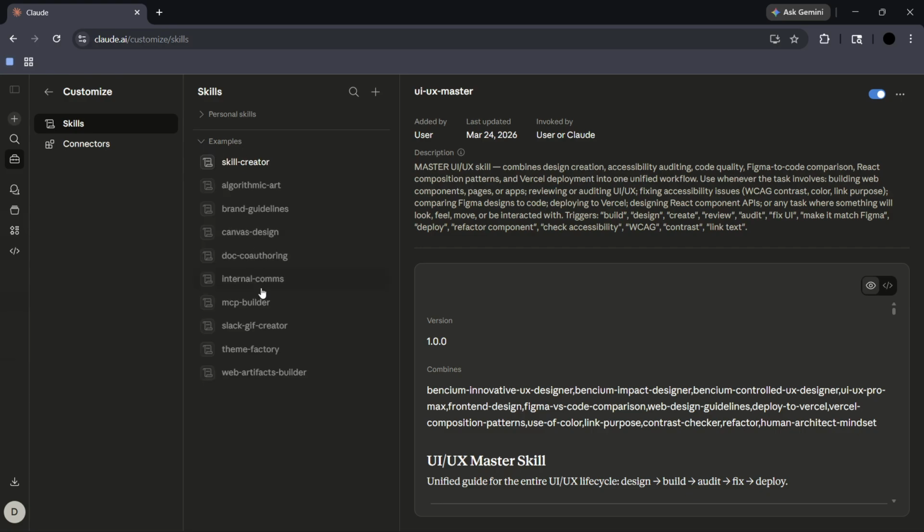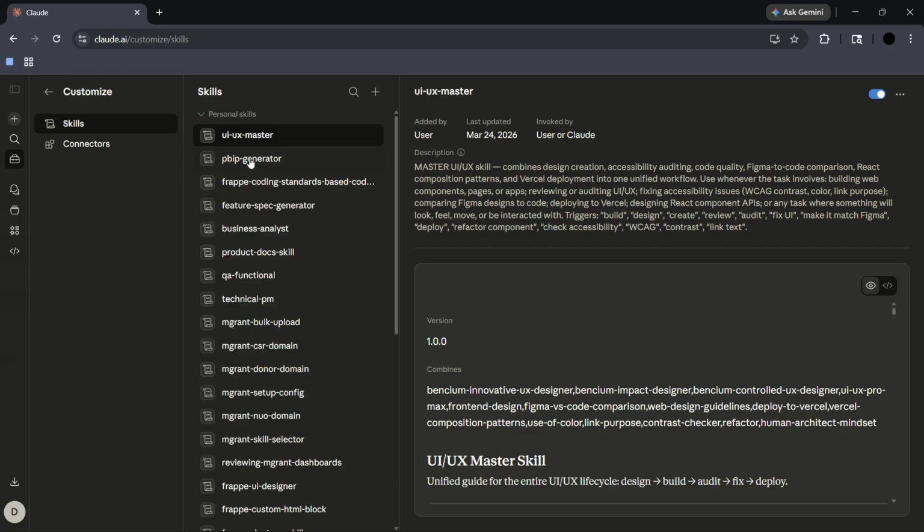So you have example skills and you also have the personal skills that you have added. As you can see here, I have already added some skills like the UI UX master and the Frappe coding standard base. Now apart from that, if you wish to add any skill, you can simply click onto this plus icon, and from here either you can create the skill file with Claude, or you can write it yourself,